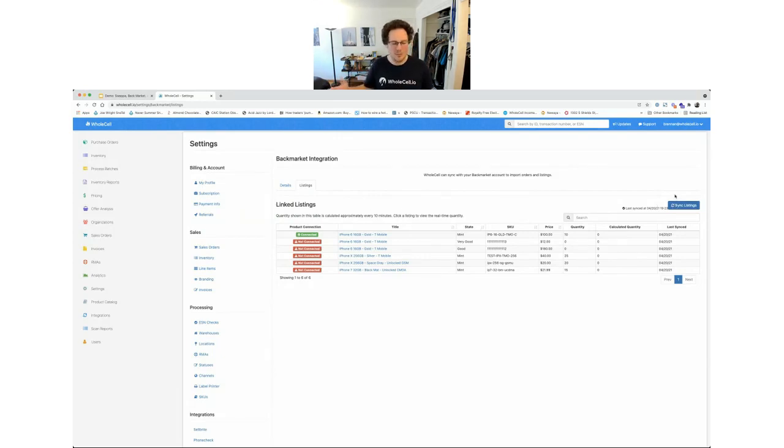And then you can connect them to all the SKUs that matter. They will come in with their own SKU from Back Market, so that'll come in by default. And if you already have your product catalog in wholesale synced with those SKUs that you've been using on Back Market, it'll just connect automatically, and you won't have to do any manual connection here. But if you need to, you'll be able to go through and you'll see visually whether or not these listings